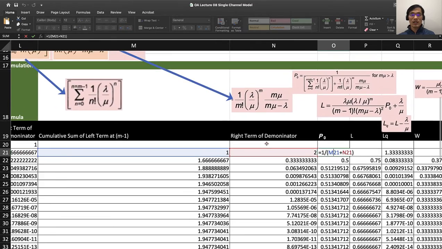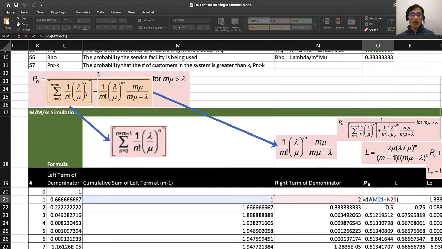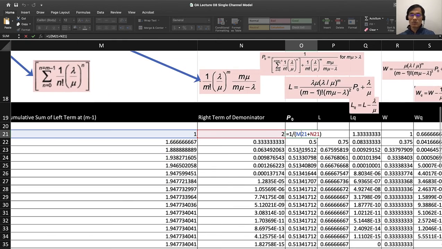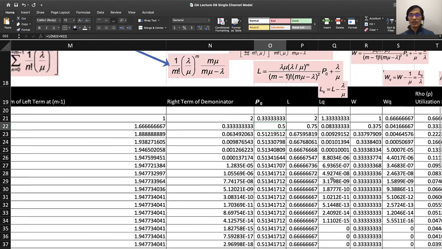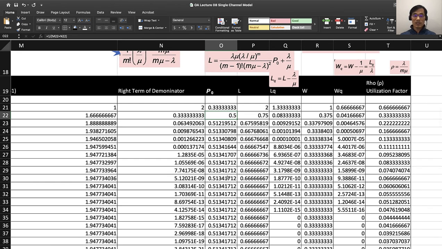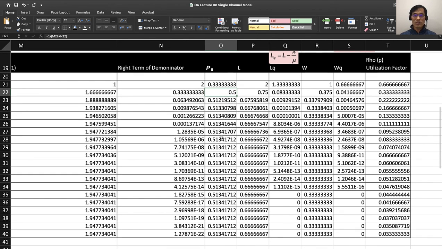So I have to add these two, and then 1 has to be divided by the sum of these two terms. So 1 over simply this plus that, and that will create 0.33 for n is 1. And if you just copy that down, it will converge on